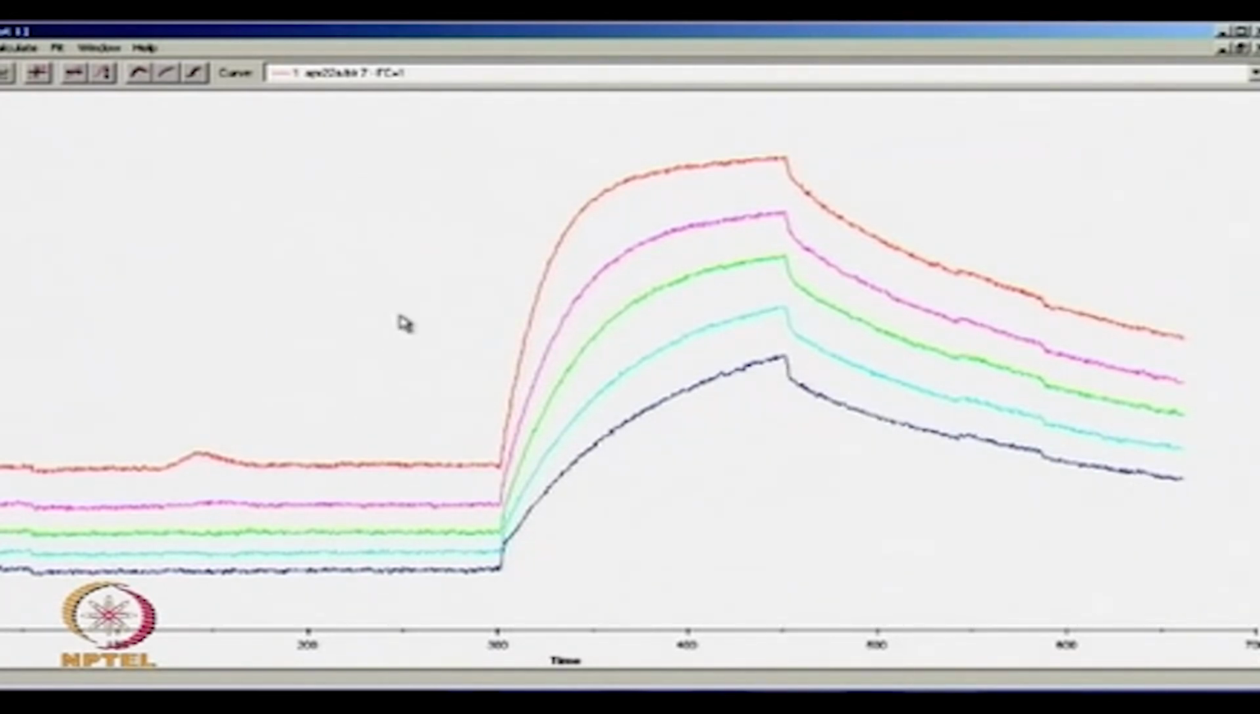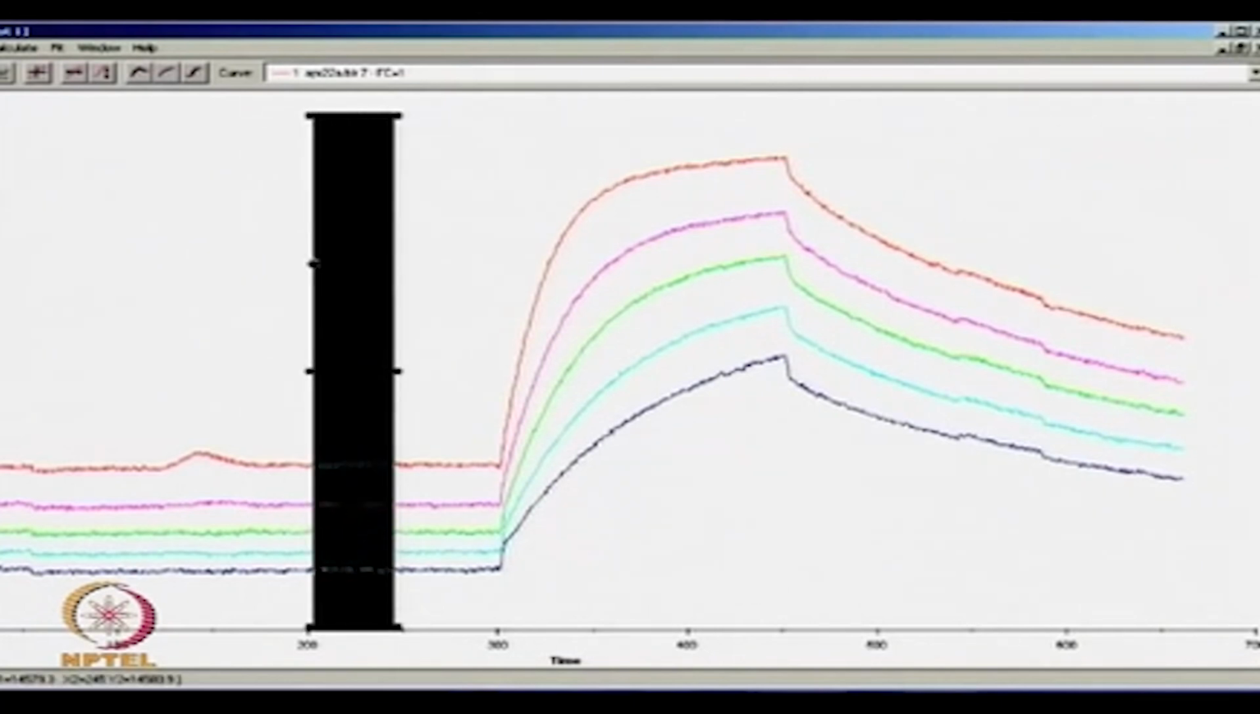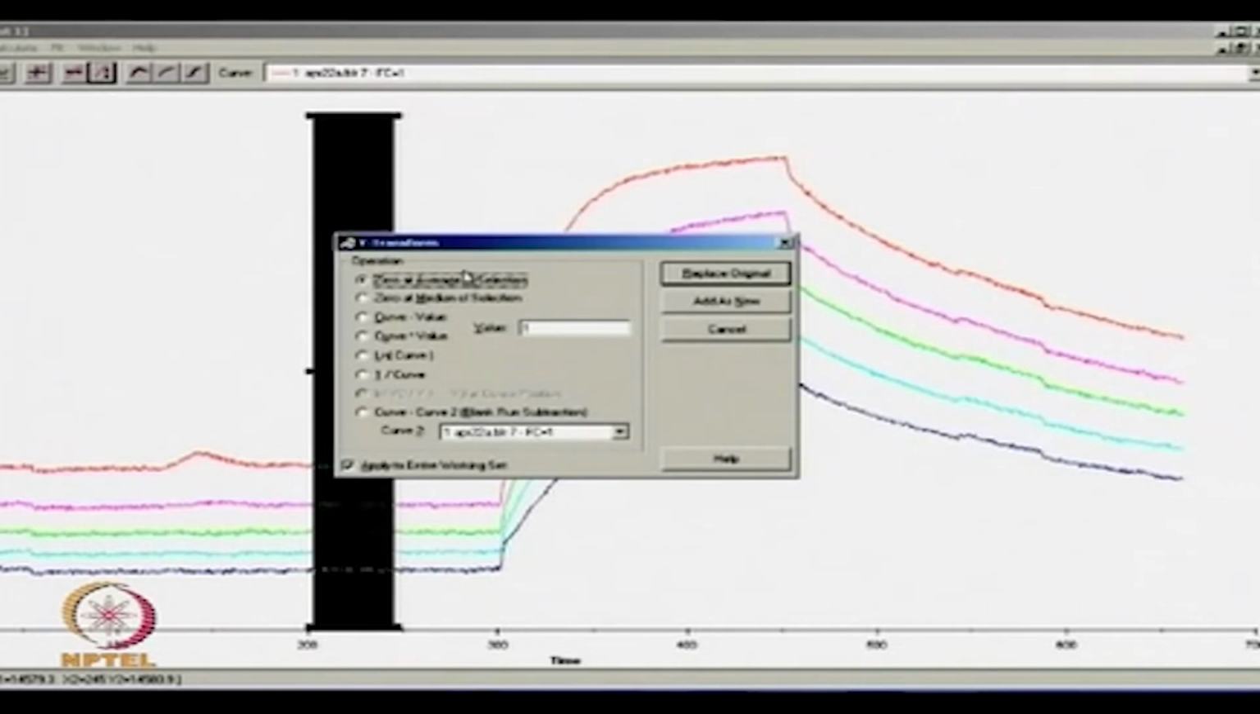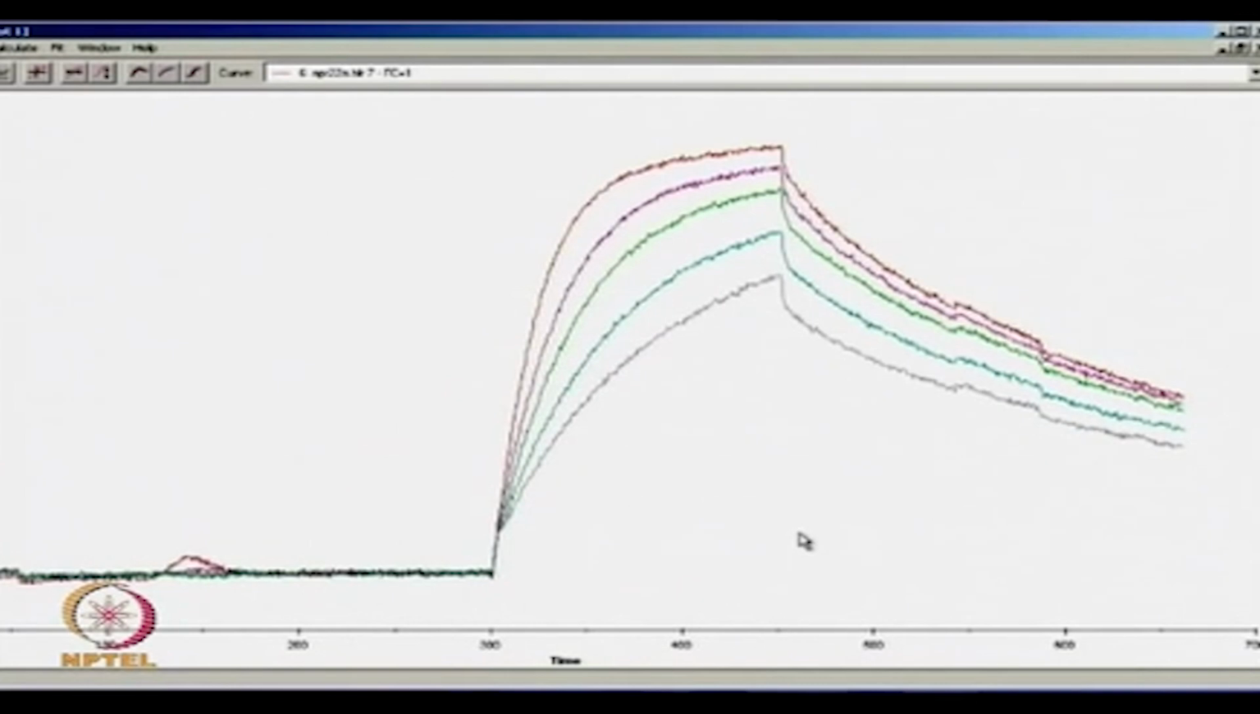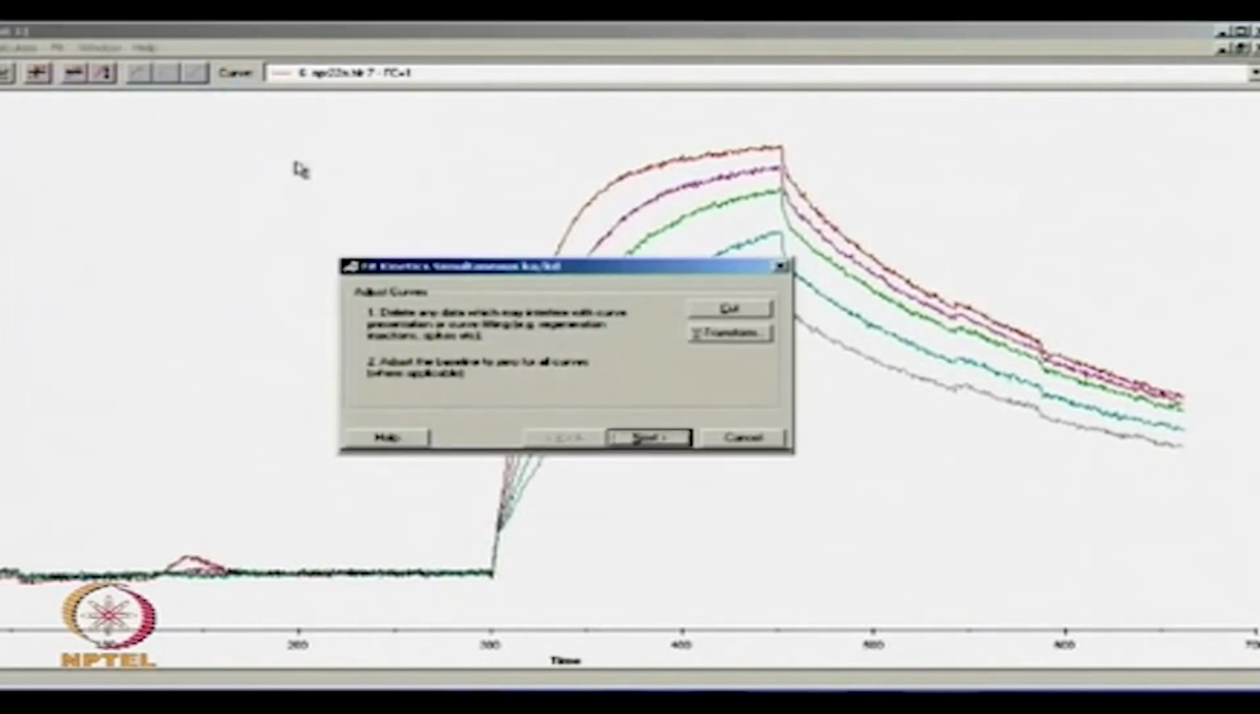Now I'm going to just baseline this result, so I select the baseline here, and then I just go to the adjustment of y-axis and I say 0 at the average of selection, and then I say add as new. And now all my 5 results are shown here. Now I'm going to do a quick kinetic analysis, and it's really extremely simple to do a kinetic analysis because all that I do is say calculate, I say kinetics, simultaneous K on and K off, and I have already done the cutting and the Y transformation,